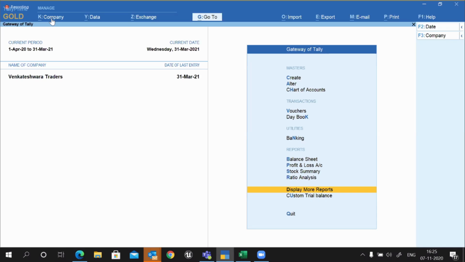On the other hand, suppose I am trying to pass one voucher. And if I press Ctrl R, मेरा जो